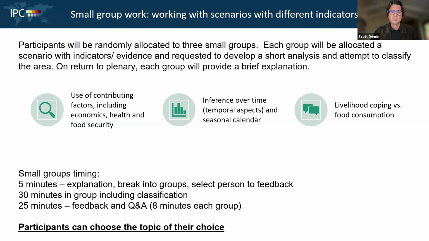So what are those three groups? We've got those contributing factors, which Ryan really mentioned, often those indicators that we don't necessarily have readily at hand, those indicators that are emerging from research or studies happening on the ground, including what's happening with the bigger economics or trade, with health, with food security. Yanni's going to take that group in terms of really working with those contributing factors. Thanks, Yanni.